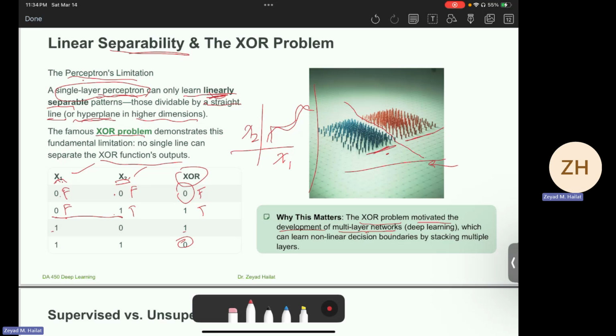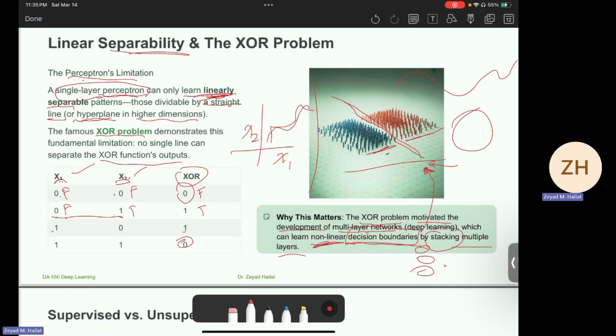We don't care about the XOR per se, but we are looking for more complicated problems that will be nonlinear, similar to what we have learned in DA 360. You remember we talked about decision boundaries. Decision boundaries are the boundaries that separate two classes from each other. And how can we learn more complicated or non-linear decision boundaries, like circles, for example, or a zigzag? We need multiple layers. We need to stack them. Stack them means putting them on top of each other, like how you organize plates.